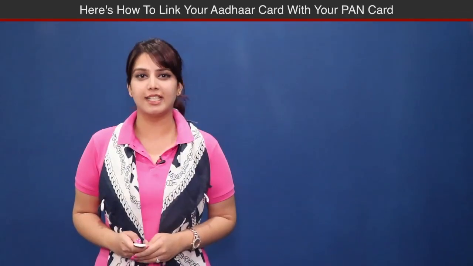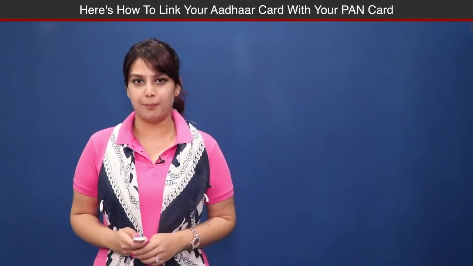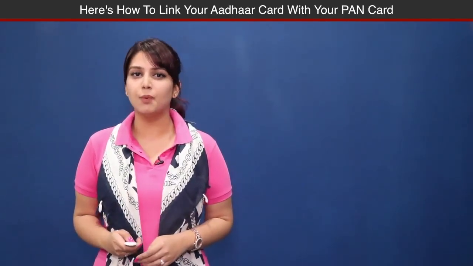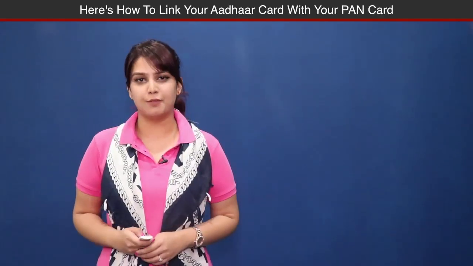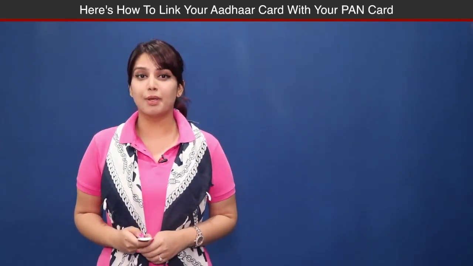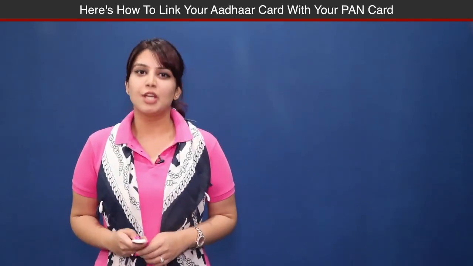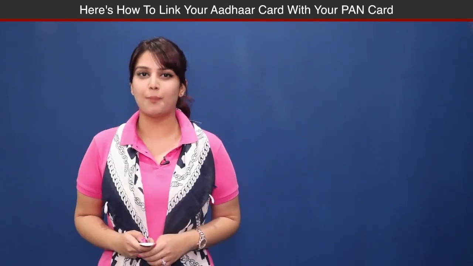The Income Tax Department has launched an e-facility to link an individual's Aadhaar number with the permanent account number. The government had recently made it compulsory to link the Aadhaar with the PAN for filing of income tax returns beginning from 1st of July. Your PAN card could be rendered invalid by December this year if you don't link it. To help you with that, here is how you can link your Aadhaar number with your PAN.